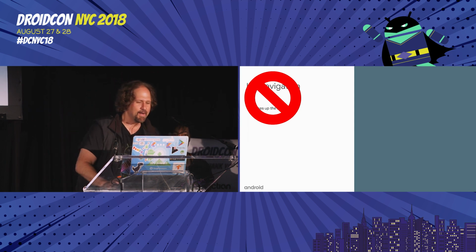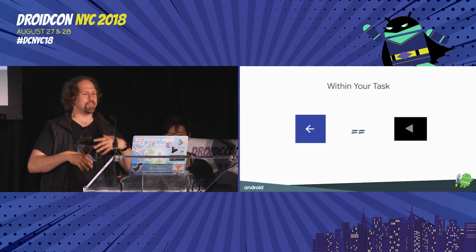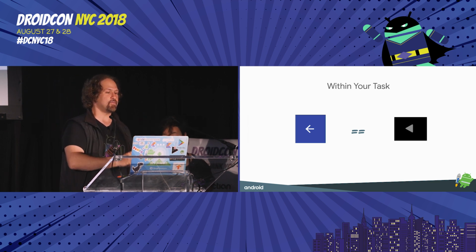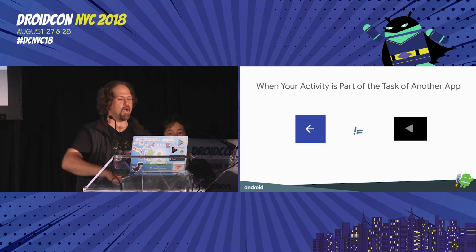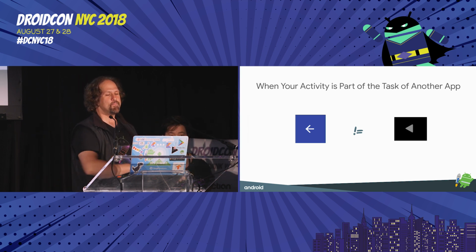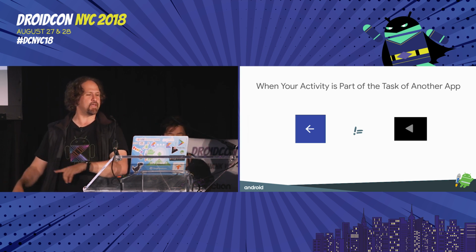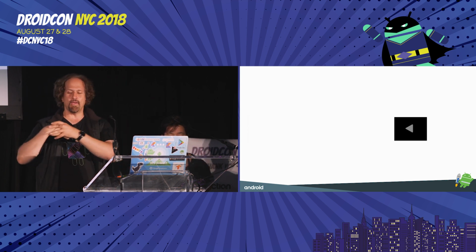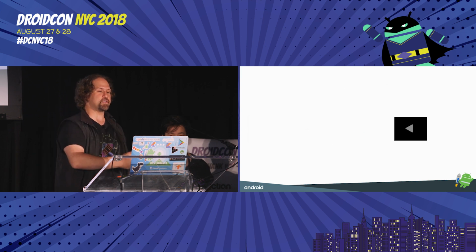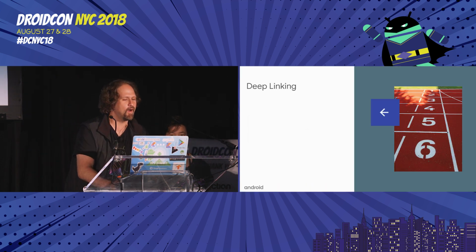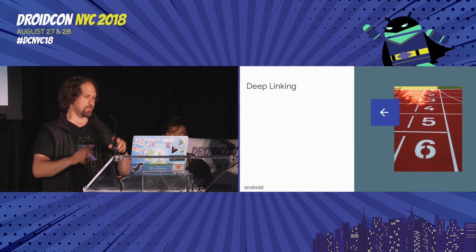Everyone can cheer. And now we recommend these buttons have the same behavior whenever they are on the screen together, as long as you're navigating within your task. Now, if the user has reached your destination while in the task of another app, then back should take you back out of the app immediately, while up should take you to the start destination. And that's it. Fairly straightforward. Hopefully users will get it. And the up button should disappear when at the starting destination because it cannot be used to exit the app. Problem solved.